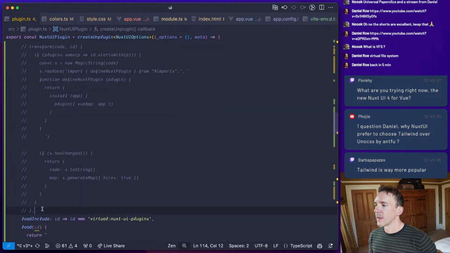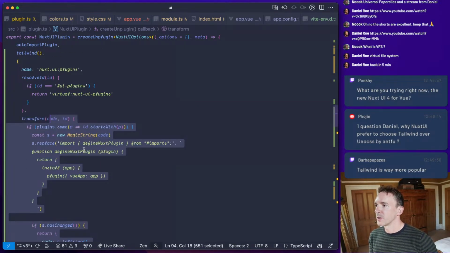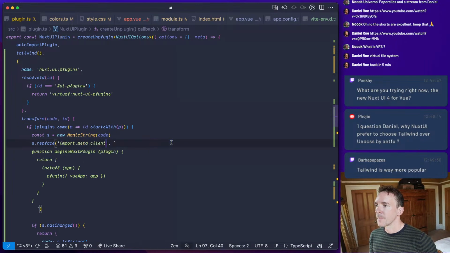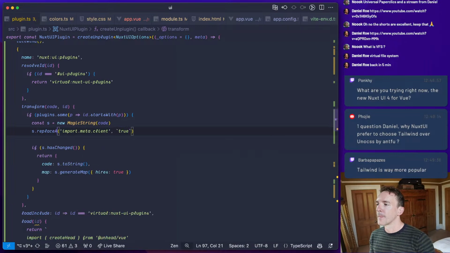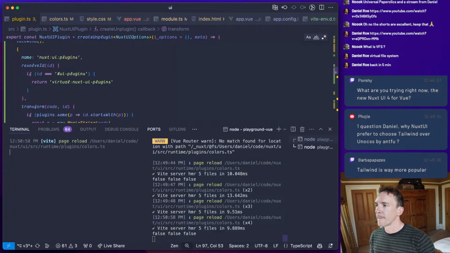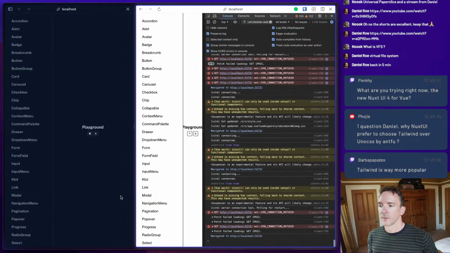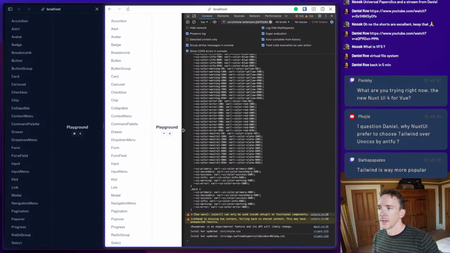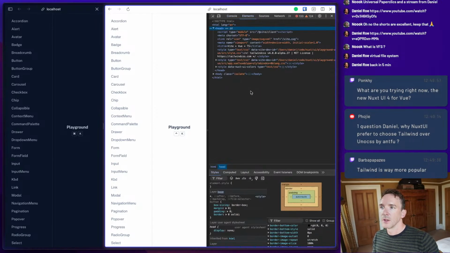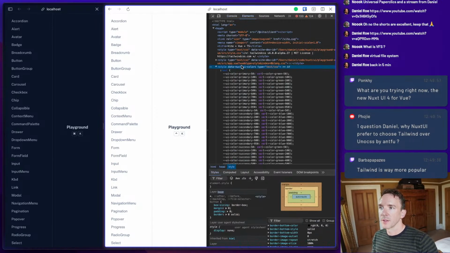So basically within this plugin, we are going to do the transformation. There we go. Okay. That is much better. We're now pulling in some of this, I think. Yeah, there we go. We have got some CSS coming in.